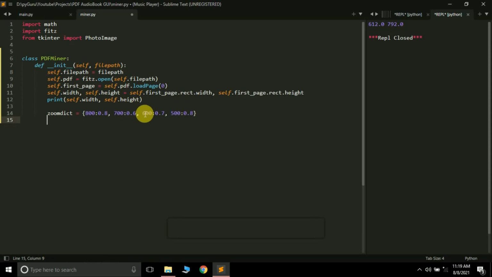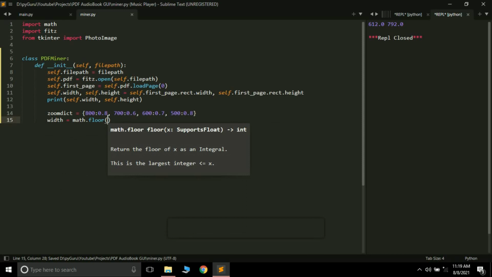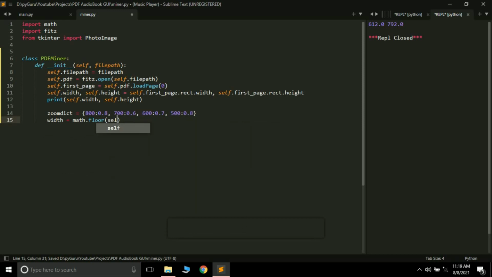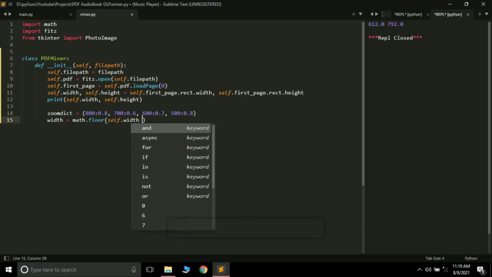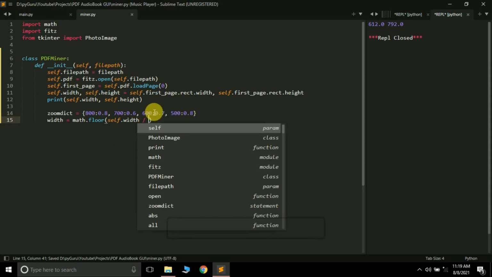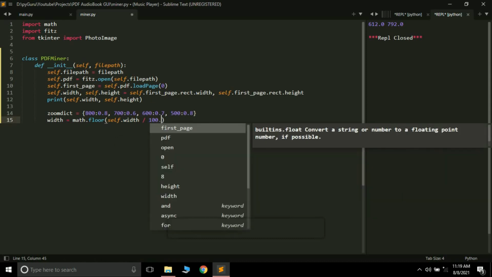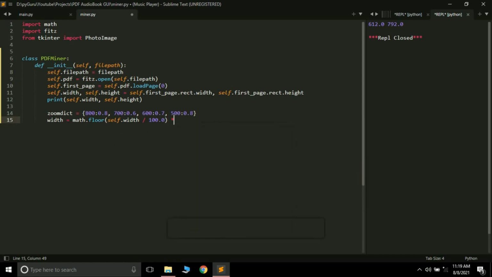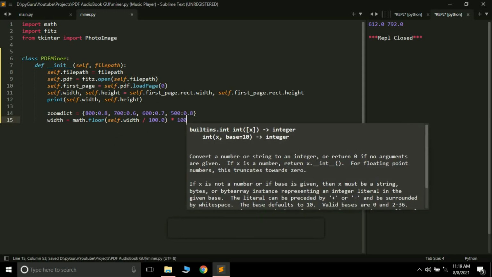Now see, we have to find the width and the height. So width equals, we have to adjust the new width and height. So here math.floor, this is a function. Basically what we are going to do is divide self.width by 100 and then multiply by 100.